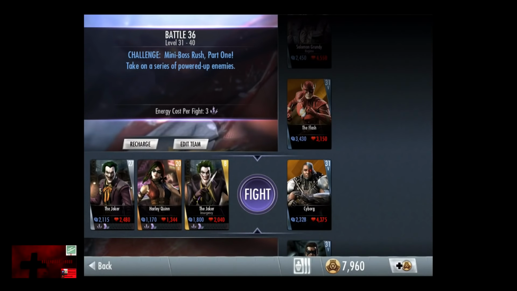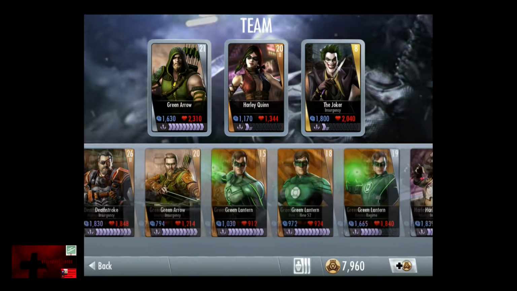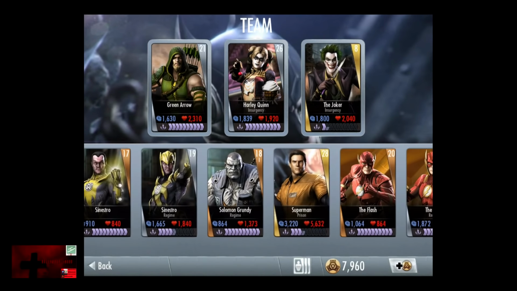Now we're going to have to swap characters out for this battle because they're all out of energy. So we're going to use Green Arrow. We're going to use Silver Harley Quinn. And we are also going to use...